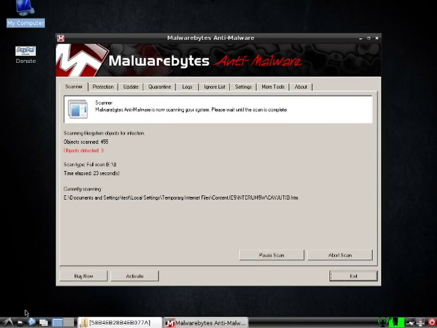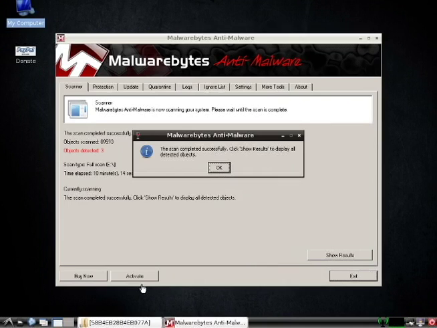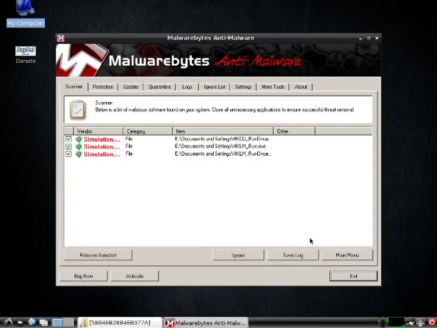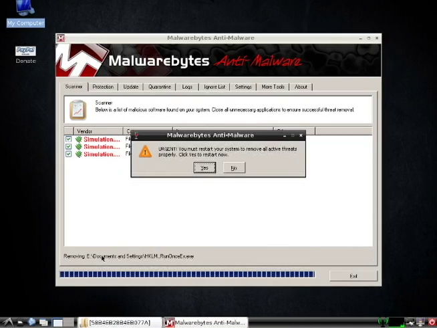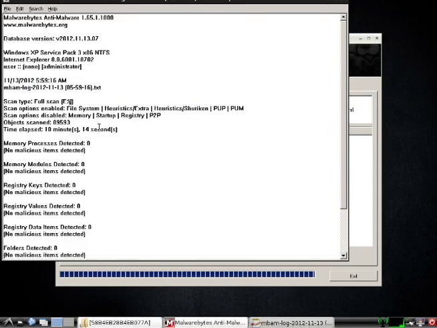I'm going to pause this while this runs its scan, and then continue on when the scan is over with. Alright, now when the scan with Malwarebytes is done, you'll see this confirmation box pop up. Just click OK and show results, and make sure that everything does have a green check mark in it, and then just go ahead and do remove selected, and it's going to pop up this log box here. You can close out of that,